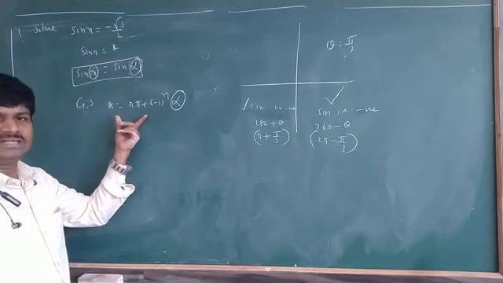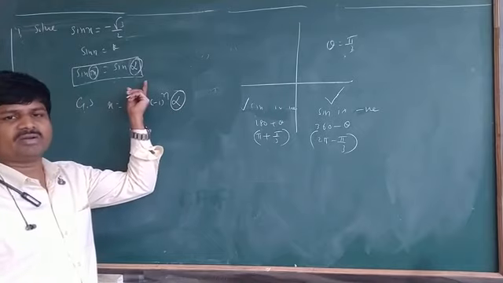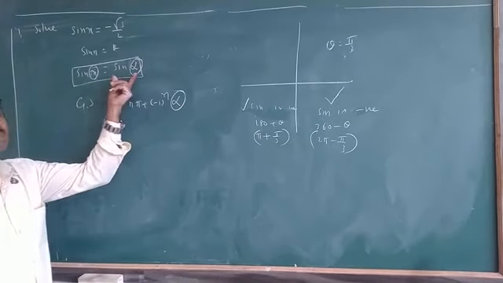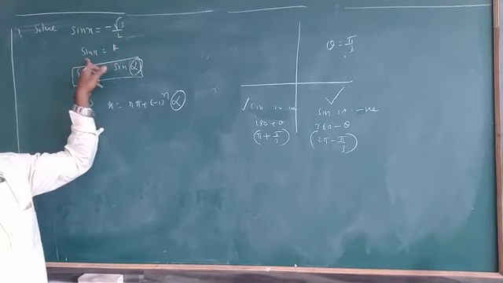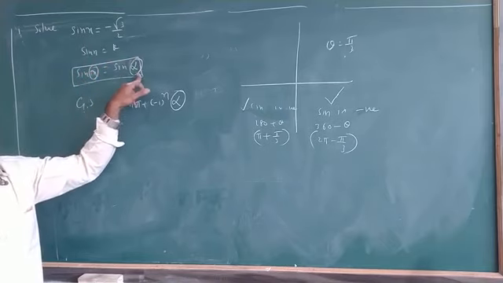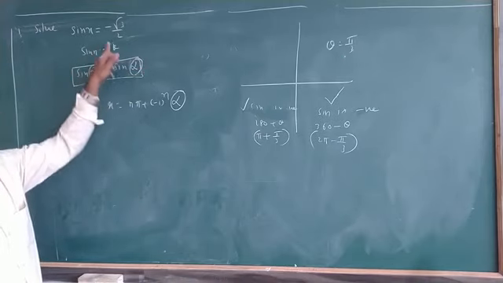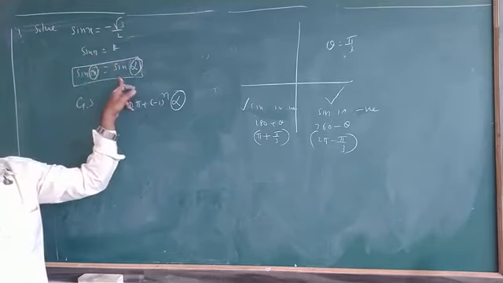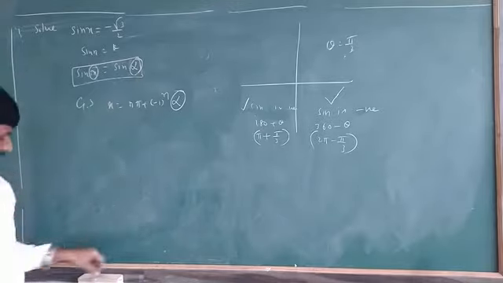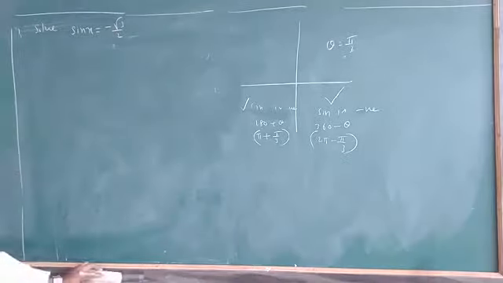That means to find a general solution, we compulsorily have to find alpha. Alpha means the principal solution. It is in the form sin x is equal to k. You have to write this k value in terms of sin alpha, sin of some angle. That angle is known as alpha. Always here you cannot keep minus; you have to write always a positive answer. Just remember this.